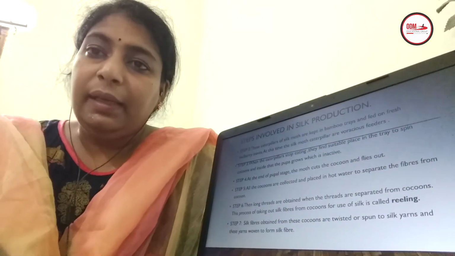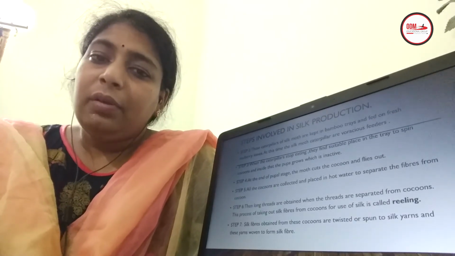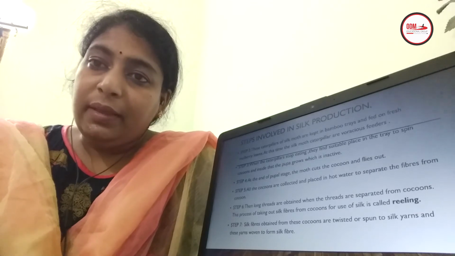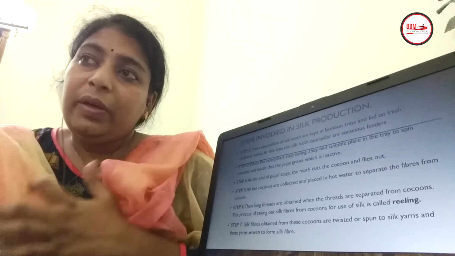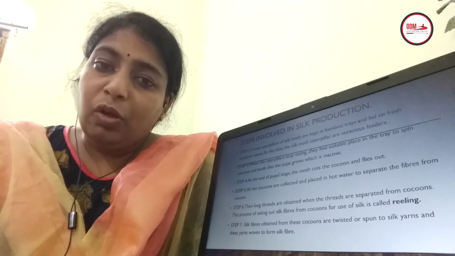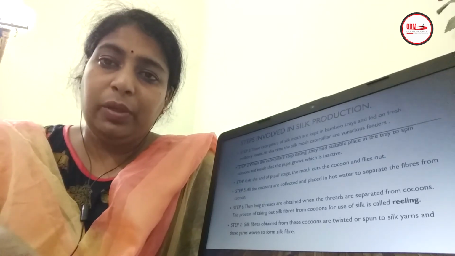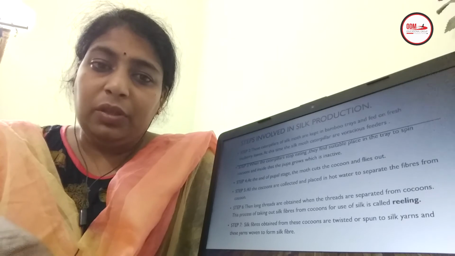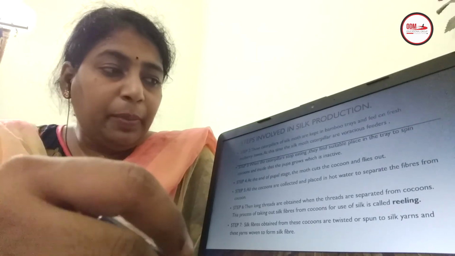silk fiber. Now in this particular process, in the sericulture industry, there are certain occupational hazards like asthma, bronchitis, carcinogenic skin infections, and eyesight problems. Why do these occupational hazards occur? We have already discussed the diseases which are particularly found in an occupation; they are known as occupational hazards.